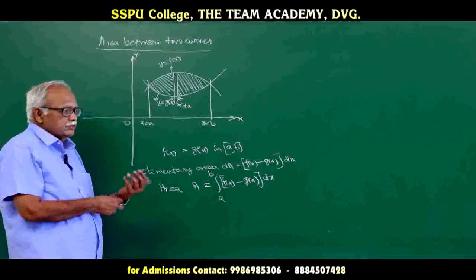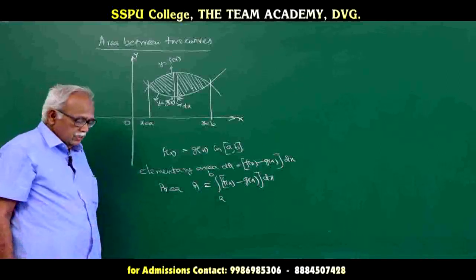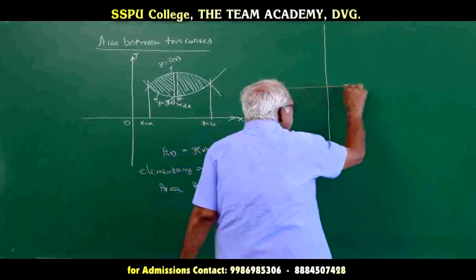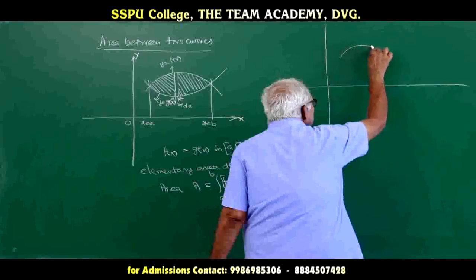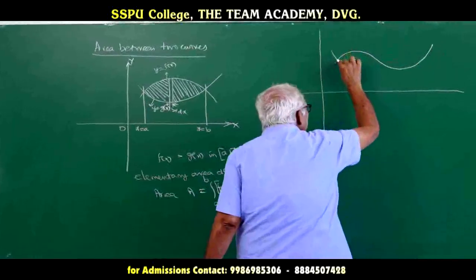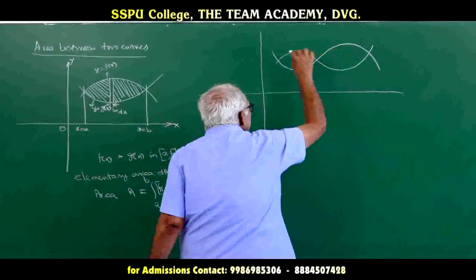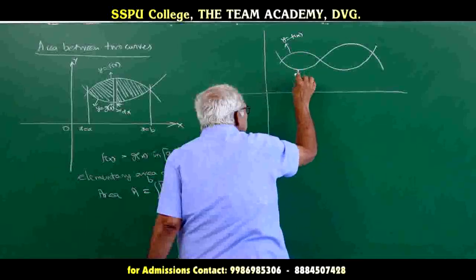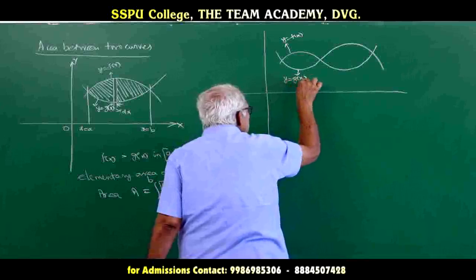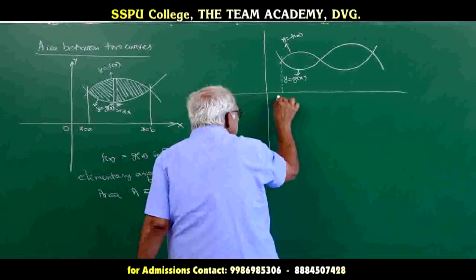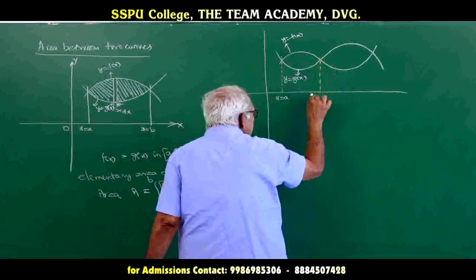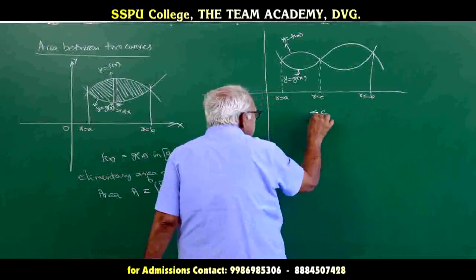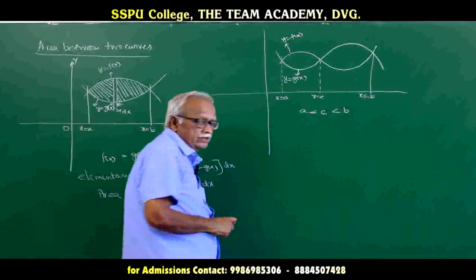In this, sometimes different types of situations arise. Now, I will draw those situations here. Now, you see this curve, I will take it as y is equal to f of x, and the bottom curve we will take as y is equal to g of x. So, there are 3 points of intersection for these curves. One is x is equal to a, here x is equal to c, and x is equal to b. Here c is greater than a and less than b, in the interval.